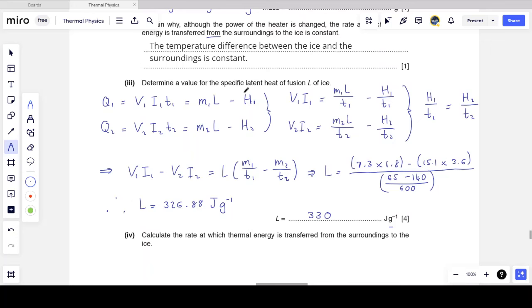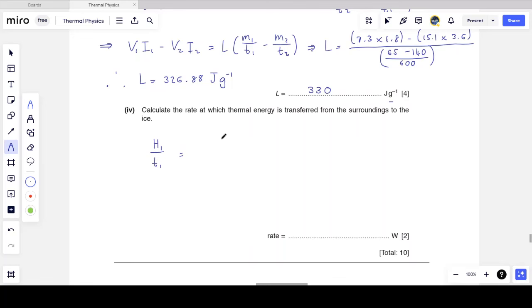Calculate the rate at which thermal energy is transferred from the surroundings to the ice. And so I can say H1 over T1 or H2 over T2, whichever is comfortable for you, and rearrange the equation that has that in it. It is M1L over T1 minus